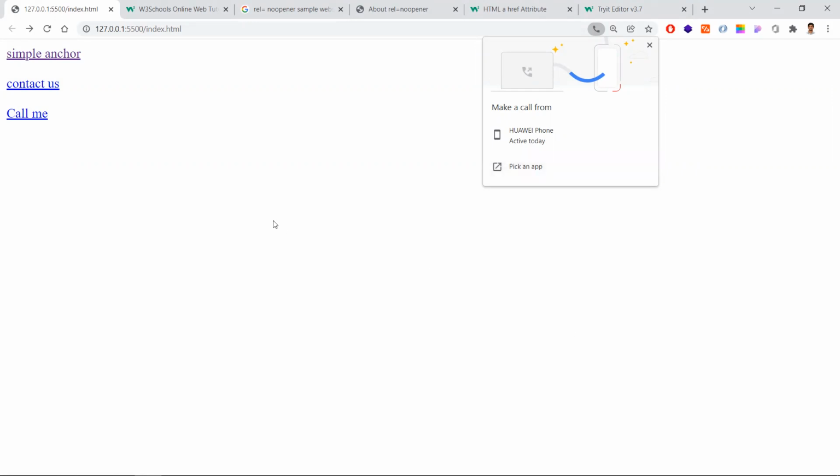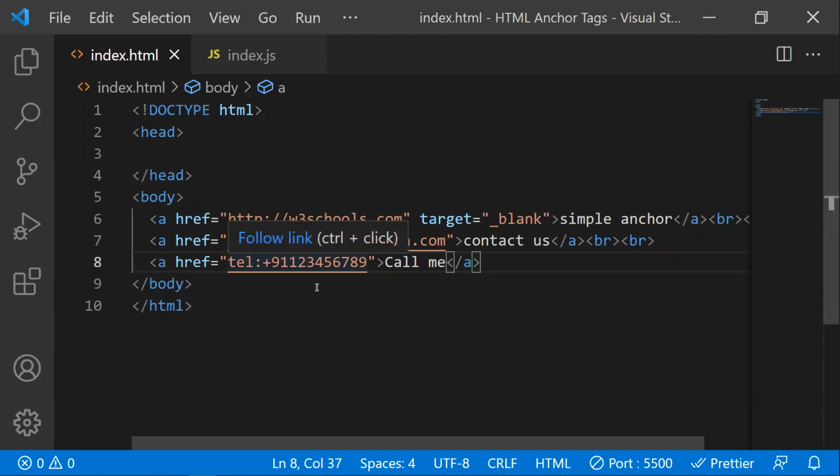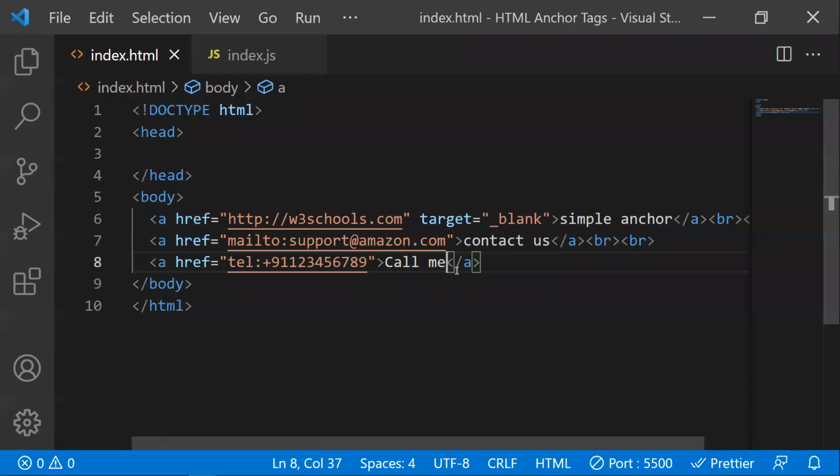If you want to contact customer care, we can provide this use case, keep a text like "Call the customer care", and give the number here. If we click that number, it asks whether you want to make a call from your phone. If your phone is synced with this, it will show like this. If not, you can pick an app like Skype or Zoom. So that is another usage of this anchor tag.